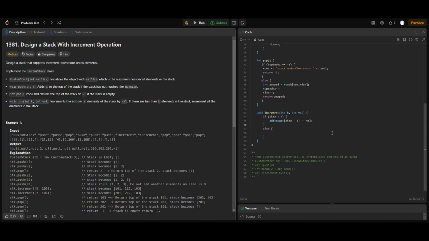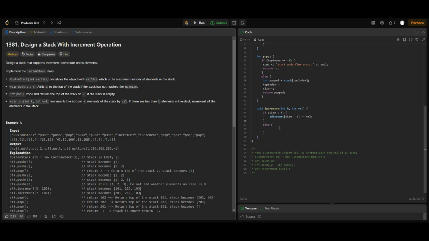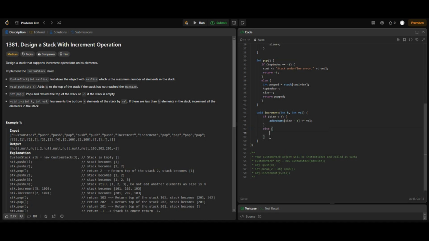So now that we've done that, we've handled the case that we are going to increment everything in the stack. Now, in the case that we're not going to increment everything in the stack, we're instead going to store the operations we're performing in index k minus 1, which in this case is very important, because